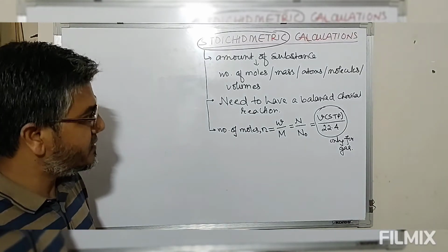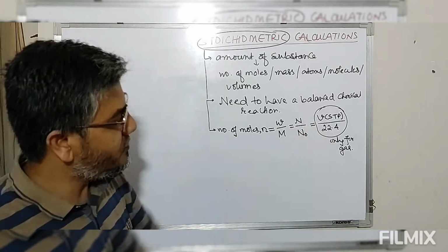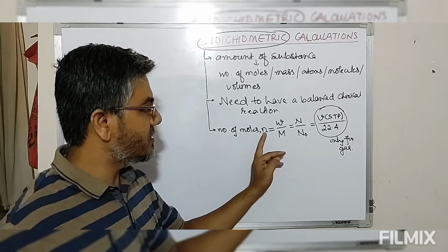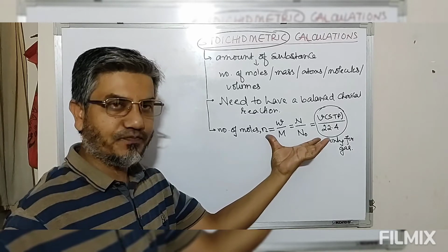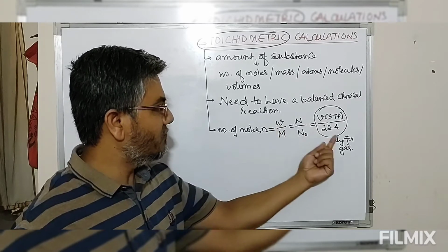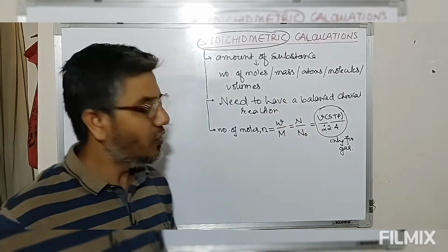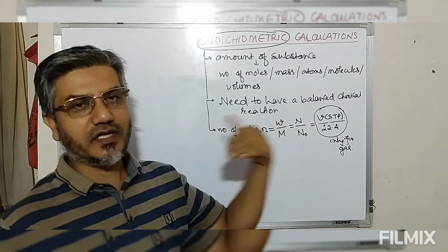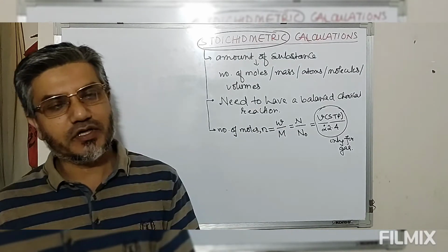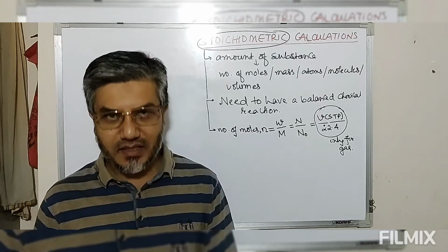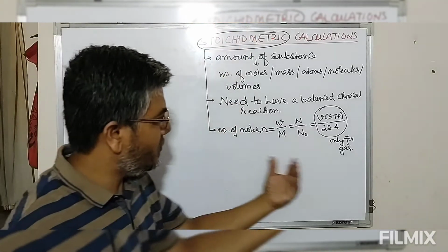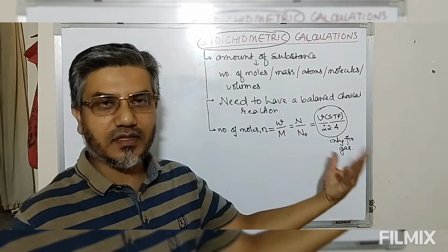Now similarly, if the volumes are given, then we can define number of moles, or if the number of moles is given, then we can convert into volume, or volume into number of molecules, volume into mass, mass into volume, number of molecules into volume. So this is the relationship that we can use for interconversion between number of moles, mass, molecules and the volume of the gas at STP. So this stoichiometry calculation involves this amount in different forms.